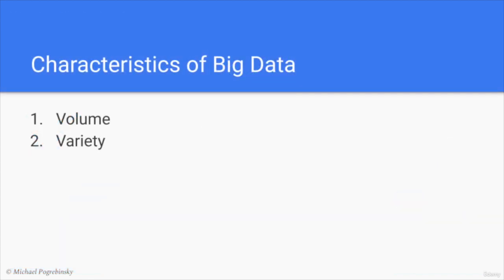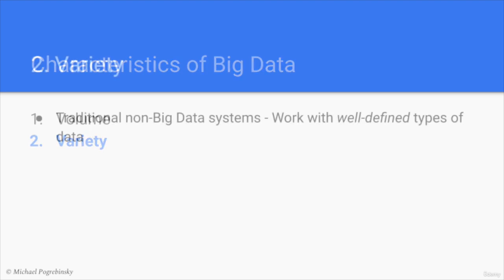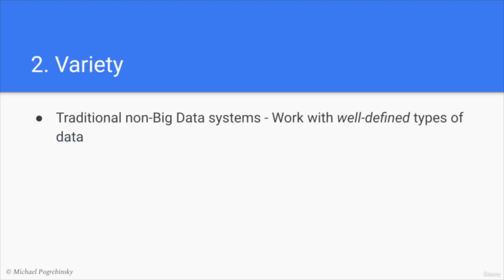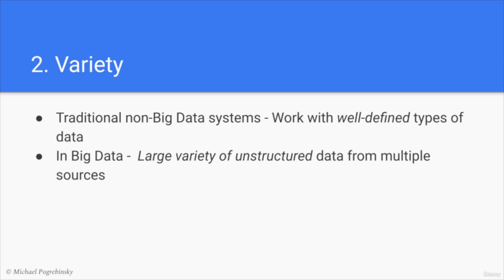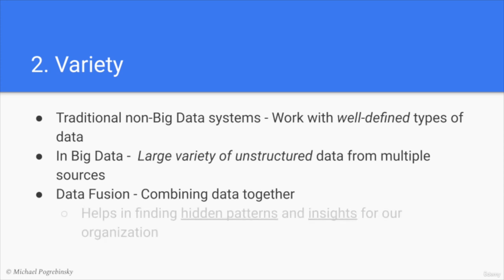The second characteristic of big data is variety. In traditional non-big data systems, we typically work with a limited number of structured and well-defined types of data. However, when we move to the field of big data, we can have a large variety of potentially unstructured data that we collect from multiple sources. Our goal is to process all that data and combine it together through a process called data fusion. This can help us find hidden patterns or provide business insights for our organization that aren't obvious if we analyze